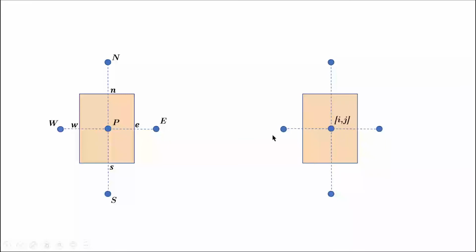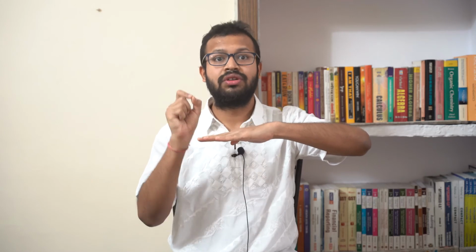Now if this particular point is I comma j, and I have to move horizontally to the east and the west point, remember that the row would remain as it is. The index of your row, that is I, wouldn't change, but if I move here, then the column would increase by 1. So the index of this point would simply be I comma j plus 1, and similarly the index of the west node point would be I comma j minus 1. Because we are not moving, the row remains the same, therefore the row index doesn't change. The only index that changes is the column index.